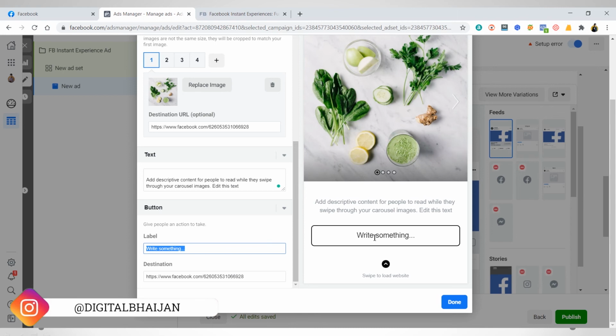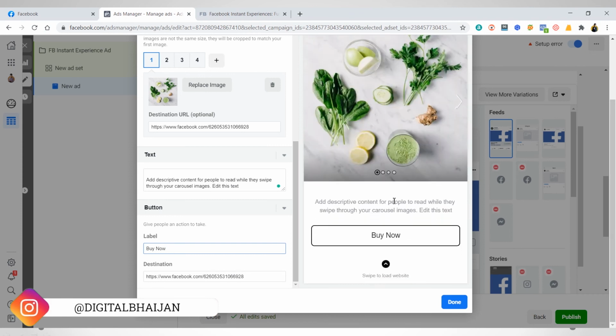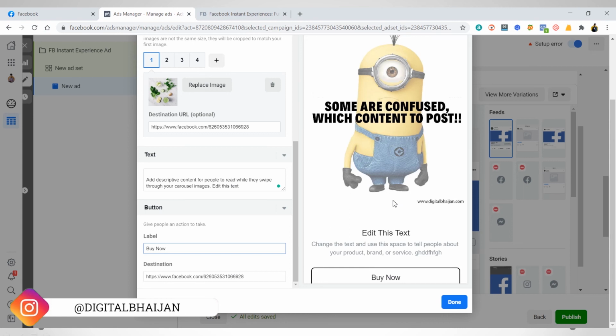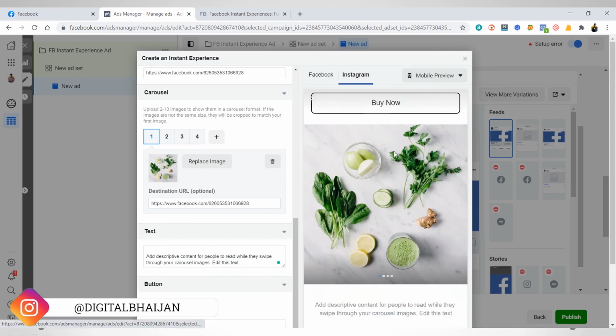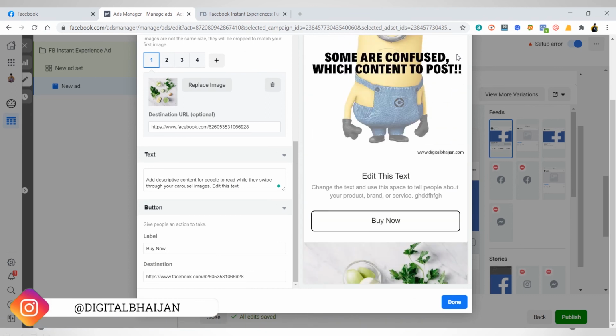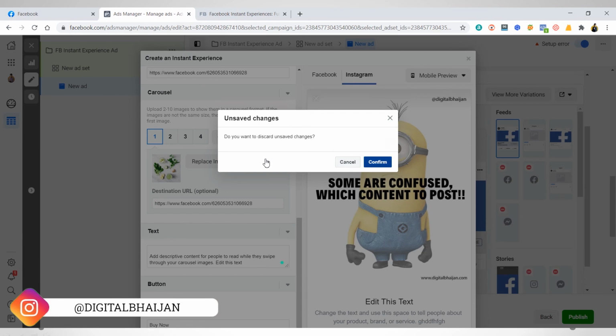Now if you want to give this button a name, then just give it a name, buy now, and just click on done. Your simple single page mini website is ready, that is hosted within Facebook. Now let's explore the second option.